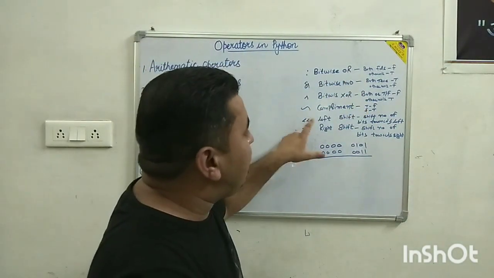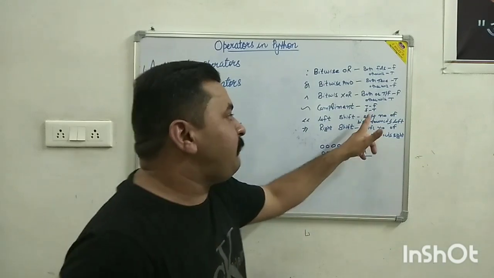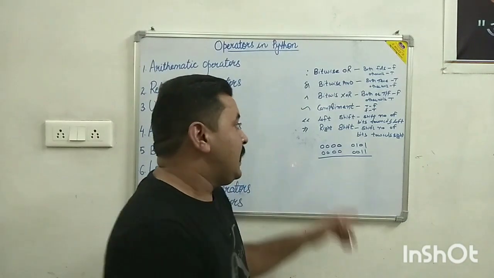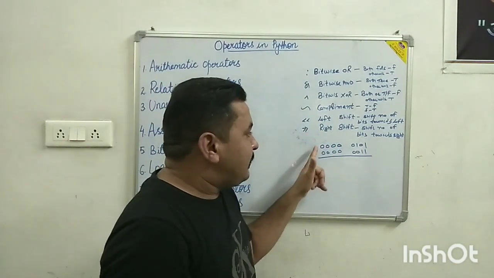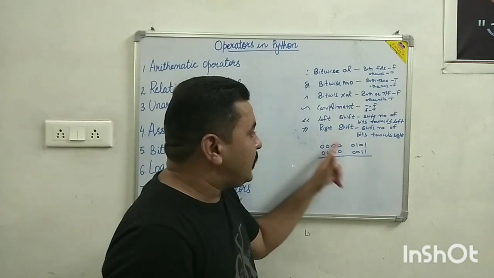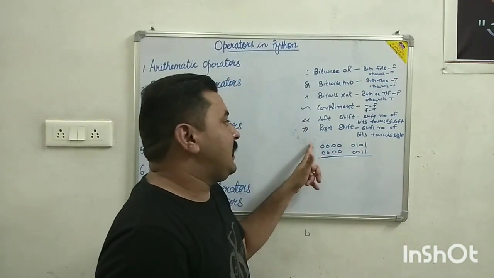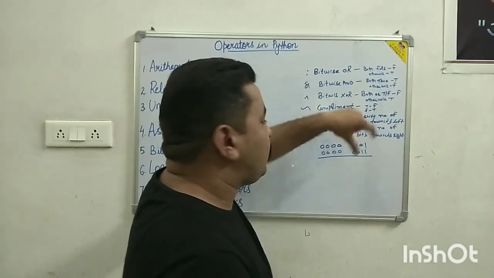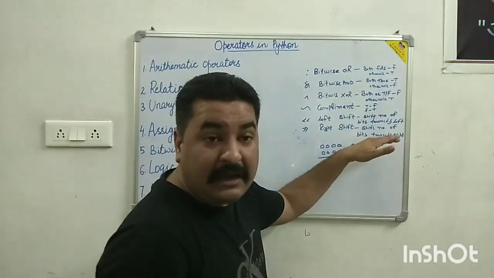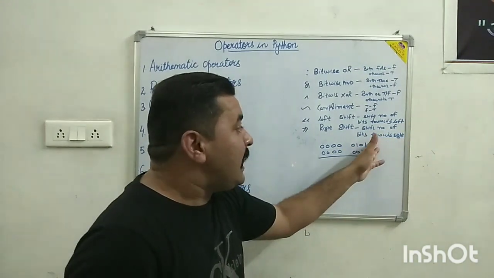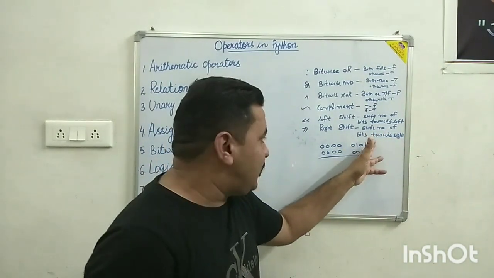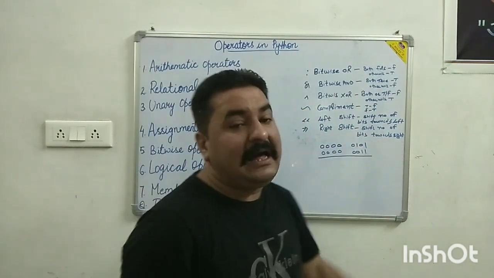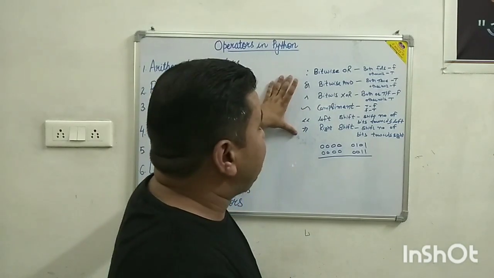So the next one is the left shift operator. Left shift means shifting a number of bits towards the left-hand side. For example, take the value 0 0 0 0 0 1 0 1. If we write it as a left shift, then the two values will shift towards the left, and in their place, two new values are written at the end of that particular variable. So right shift means shifting a number of bits towards the right. So these are the bitwise operators.